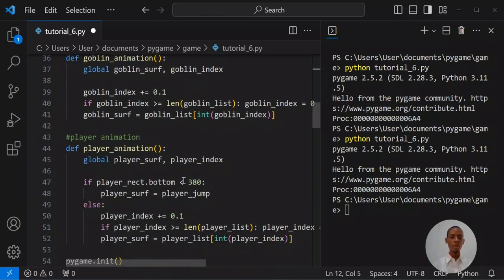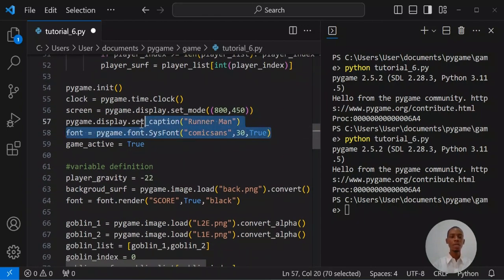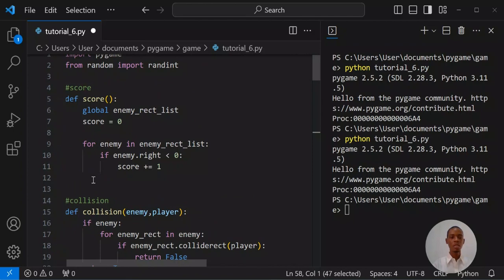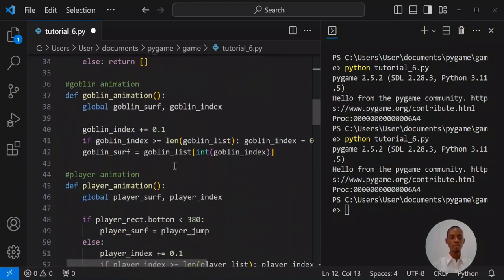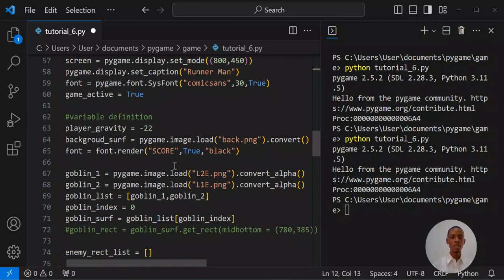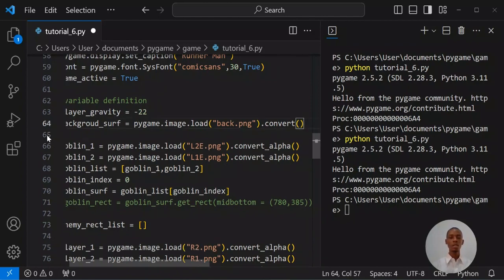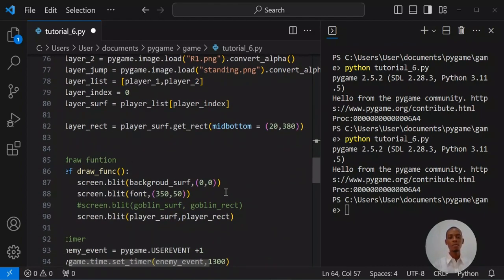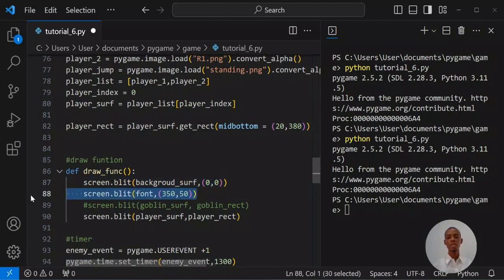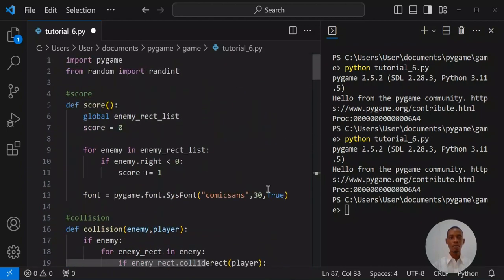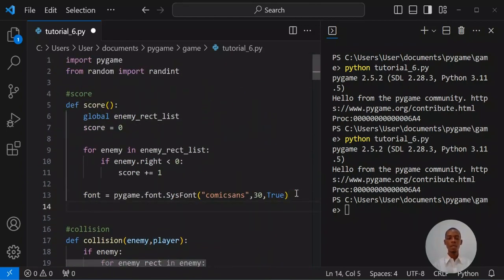So where we defined our font earlier, I'm going to copy this, drop it here, and I think I need a space here. Then there is the other place where we add the score font the other time. I'll copy this as well. I'll cut this out, and then where we blit the font to the screen, I don't think we have to do it again, so we just have to remove it and put everything in the function. So here I'm going to paste this,